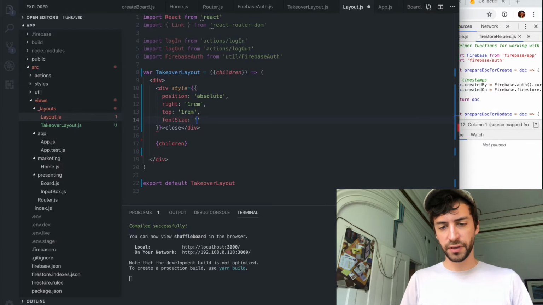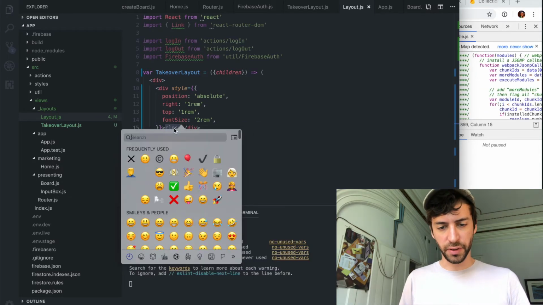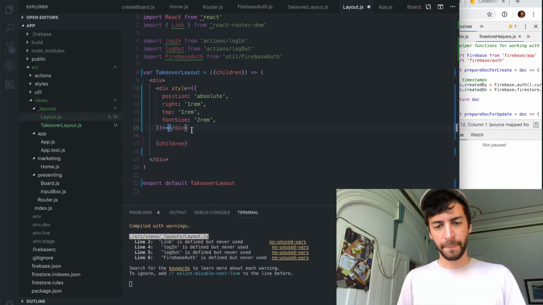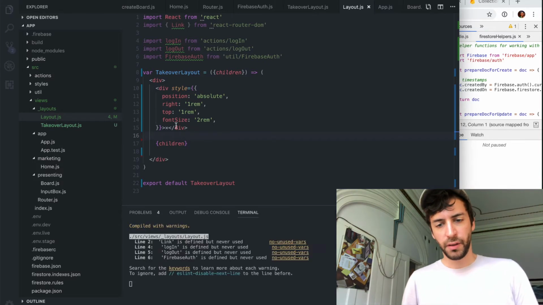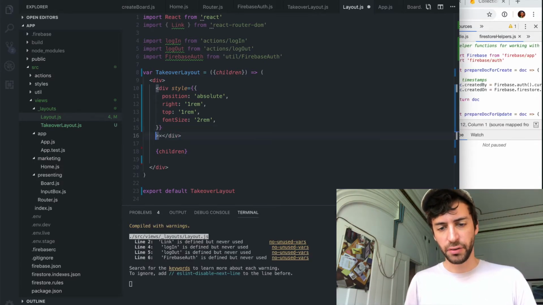I'm going to give it some inline styles just to make it real visible. Now, 2 rems, you might say that's huge, and that's true because I'm not actually going to use close, I'm going to use an X. And I'm going to say